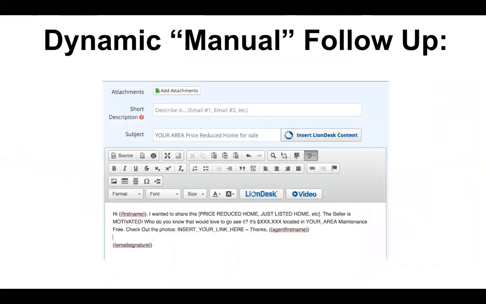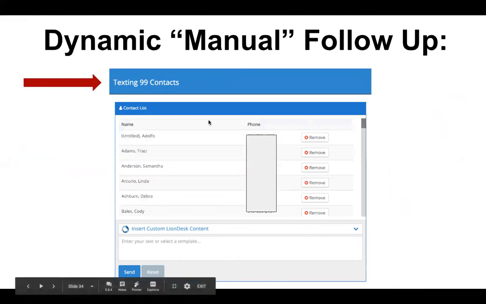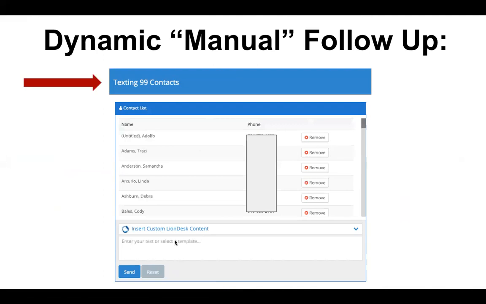So that's an example of sending a broadcast email follow-up. Here's an example of how simple and easy it is with LionDesk, and you can do this very simply and easily in a lot of other platforms as well, sending out a broadcast text message. You simply select the contacts, and if you notice here, I selected 99 for this, and I blurred out their cell phones, and you can literally just send them a text message.